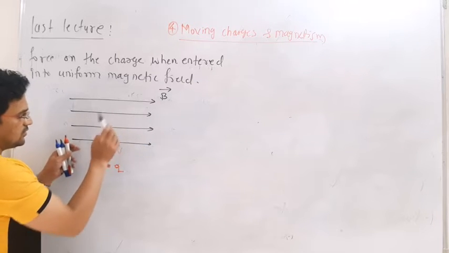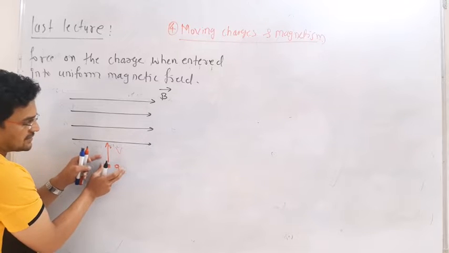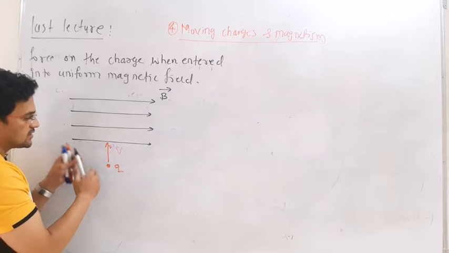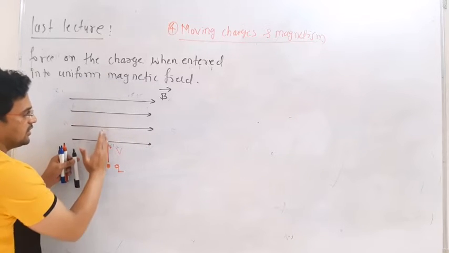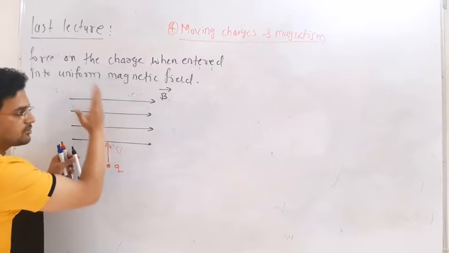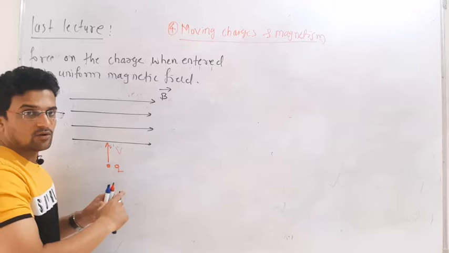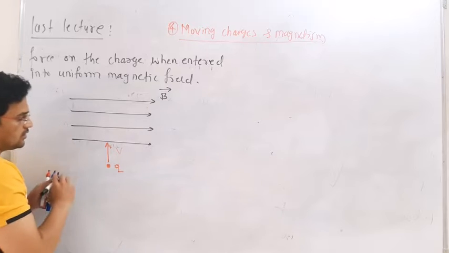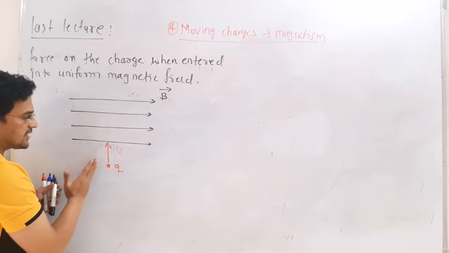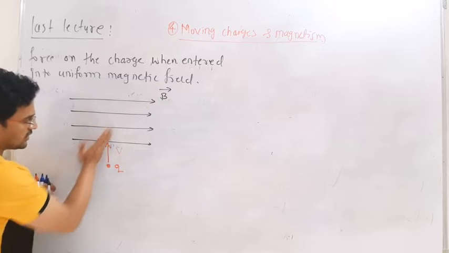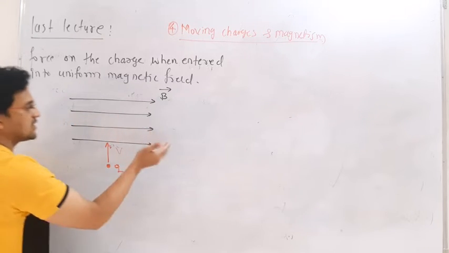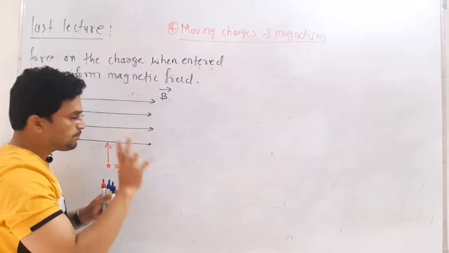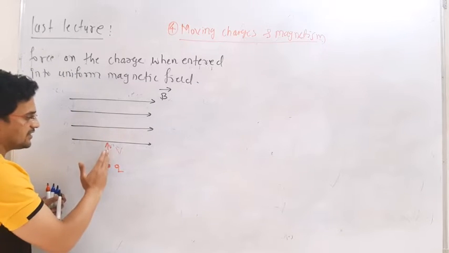Since the charged particle is moving, it also carries a small magnetic field, and this magnetic field and that magnetic field will interact. Due to this interaction the charged particle will not move in a straight line, it will get deflected, in any direction. There is a rule to find out in which direction the charged particle will move. We will discuss that rule afterwards. Whenever a charged particle enters, it can enter at any angle, so we will consider an arbitrary direction.